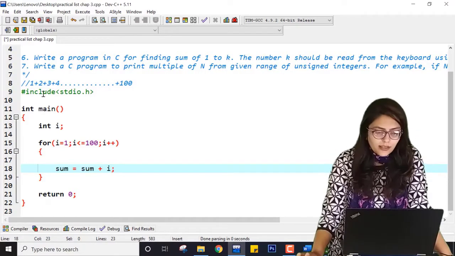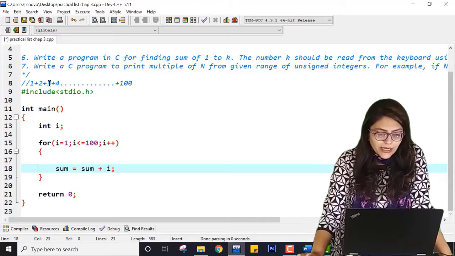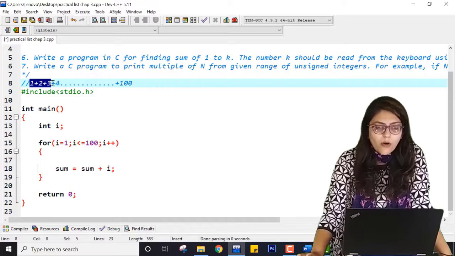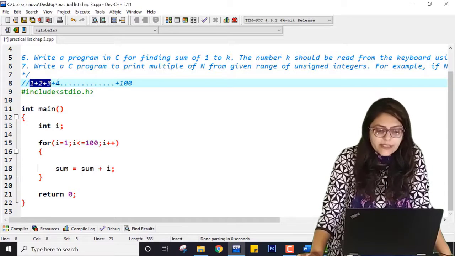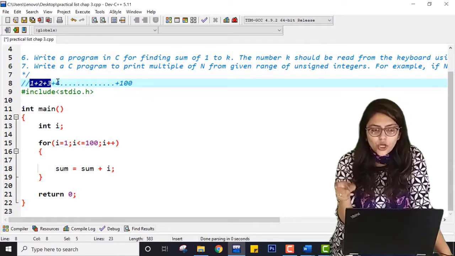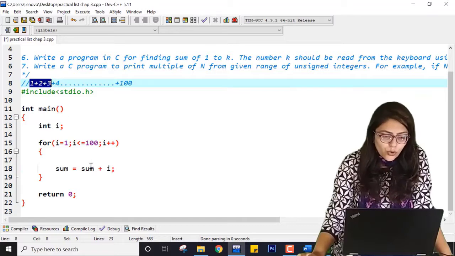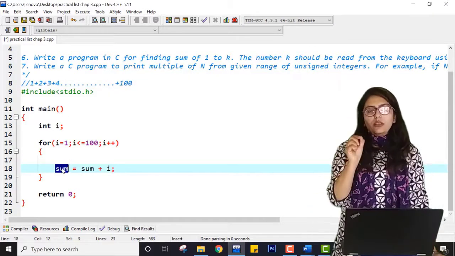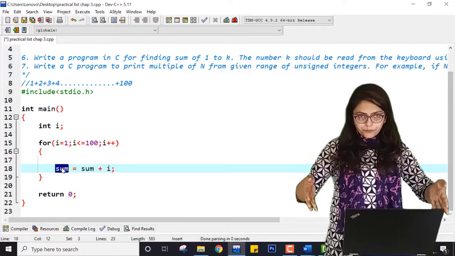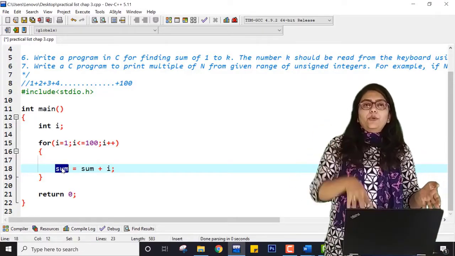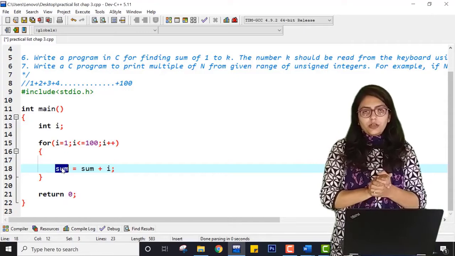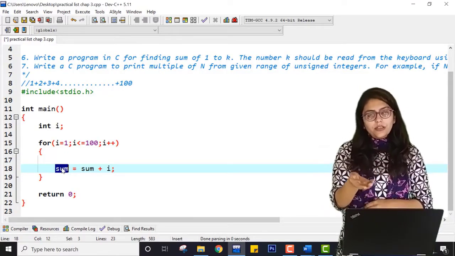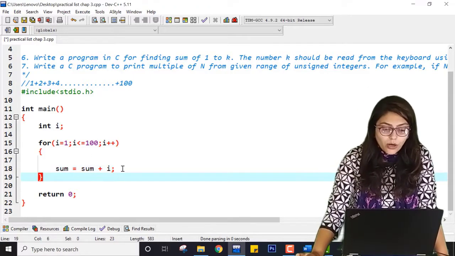I hope you guys are understanding, because whenever I am adding 3 plus 4, actually 4 is being added to the sum of 1, 2, 3. So that is the previous sum. So the previous sum is being added to the new value. Every time you can imagine a bucket of sum. Every time I am putting a value, doing summation of all of them and replacing the older value of sum with the newer value. But what is the issue?